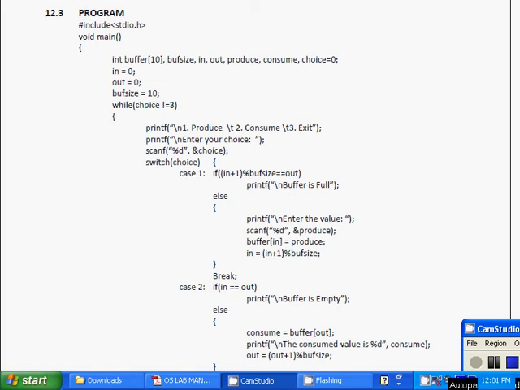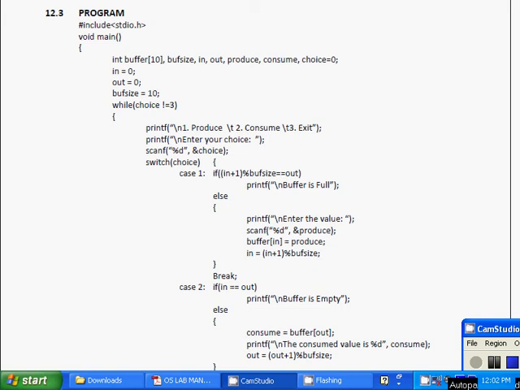In computing, the producer-consumer problem, also known as the bounded buffer problem, is a classical example of a multi-process synchronization problem. The problem describes two processes, the producer and the consumer, which share a common fixed size buffer used as a queue. The producer's job is to generate data, put it into the buffer, and start again.